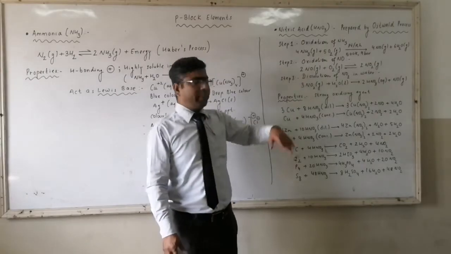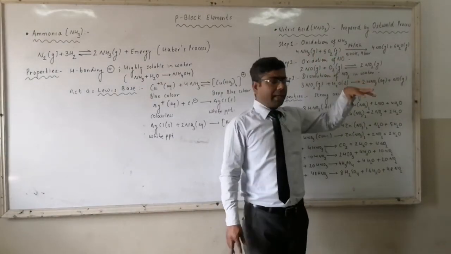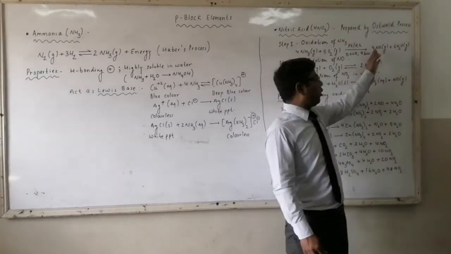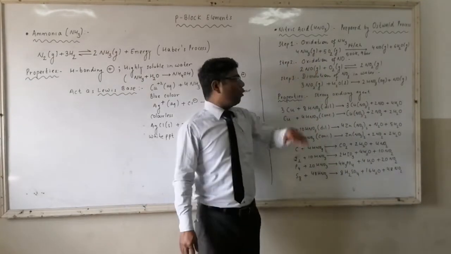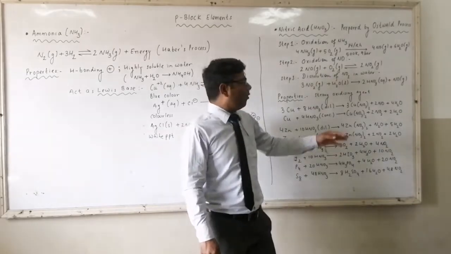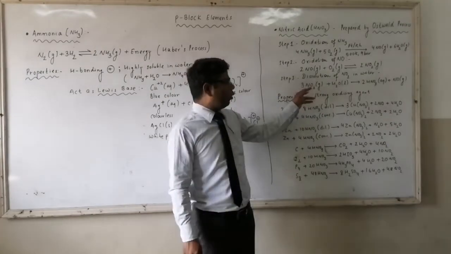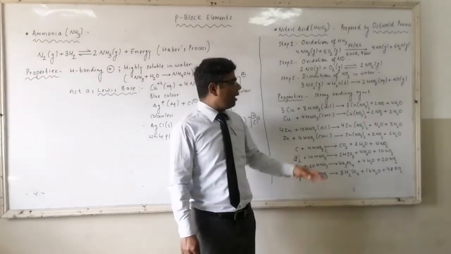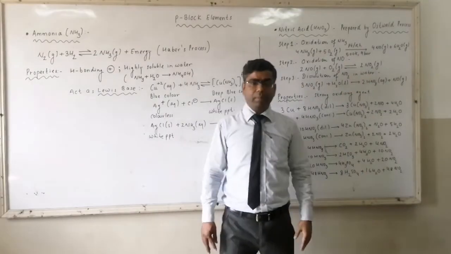So when ammonia is made to react with oxygen from air in the presence of platinum and rhodium at a temperature of 500 Kelvin and a pressure of 9 bar, we get nitrogen monoxide with water. In the next step, this NO will undergo simple oxidation, and as a result we will obtain NO2, nitrogen dioxide. This NO2 gas is made to dissolve in H2O, as a result of which we obtain HNO3 and NO is obtained again.